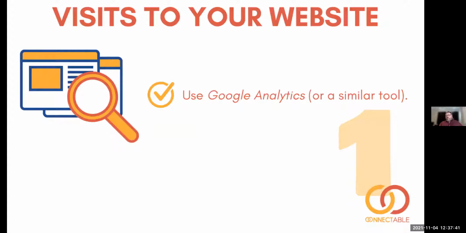The number 1 thing that I use for this is Google Analytics. It's the way I know how many people. So here's the model that I think makes the most sense with adult ed today, and it's based around staffing, and it's based around the world we live in. If you were to direct every person that comes to your campus physically to your website as a starting point for everything you do, if somebody calls your program on the phone, you were to direct them to your website. And if they were to do a search online or go through your Facebook page or something like that, the message would be, go to our website.